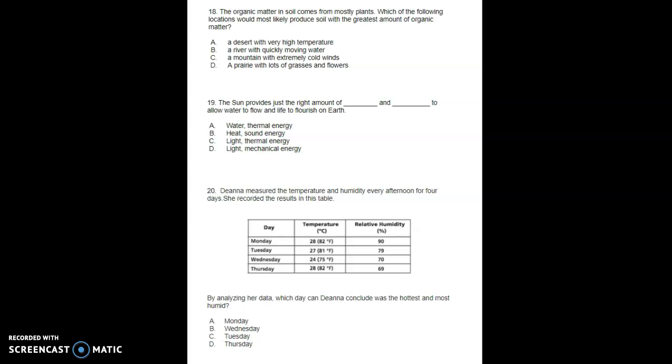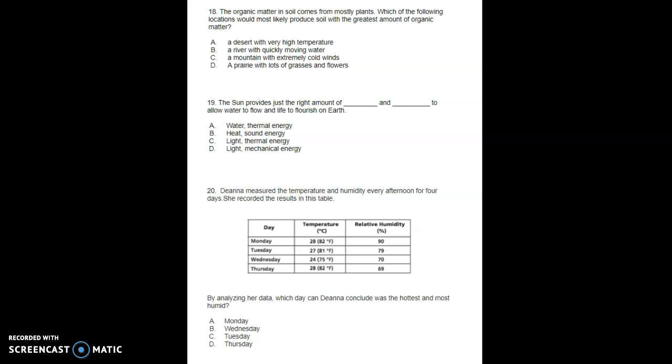Tuesday, 27, 81 degrees Fahrenheit, 79% humidity. Wednesday, 24, 75 degrees Fahrenheit, 70% humidity. Thursday, 28, 82 degrees Fahrenheit,